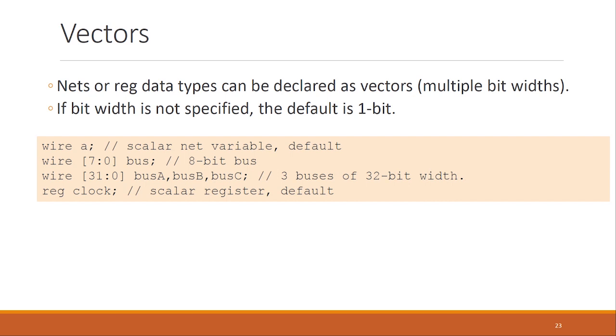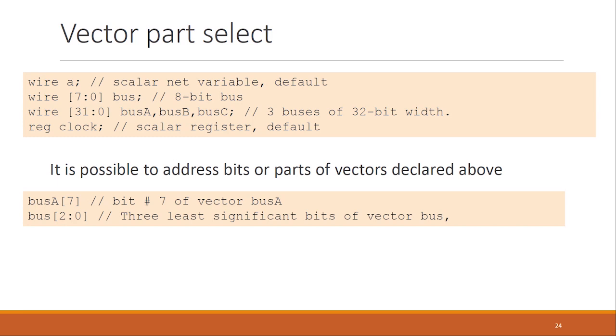And then if you want to create a register variable that is 1 bit in size, or in other words you can say a scalar register, you can do that with the syntax given in the fourth example: reg clock. So this will create a 1 bit reg variable. And if you want to have multiple bits in the reg variable, then you have to use the syntax that we used for wires. That's how you can declare vectors,